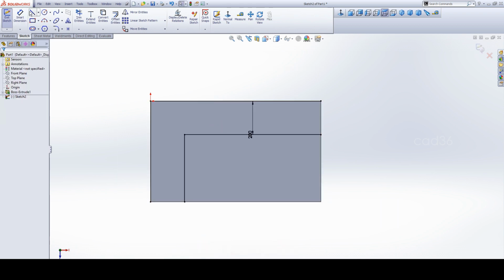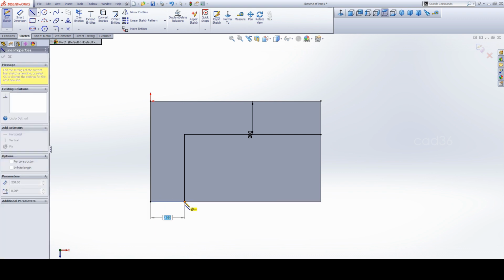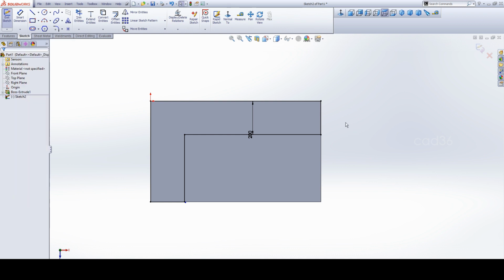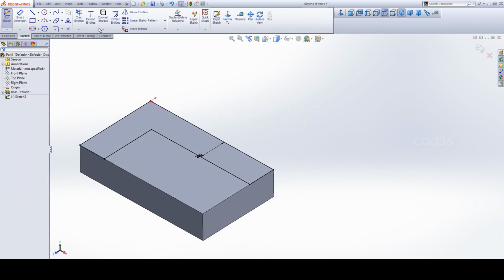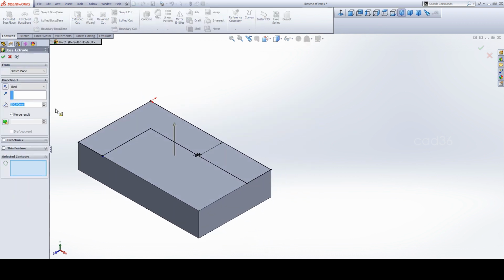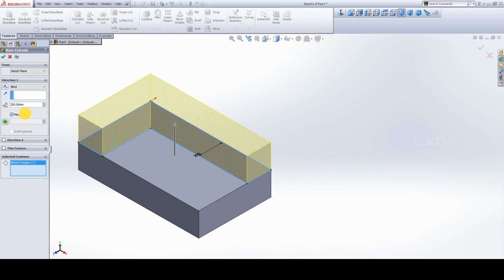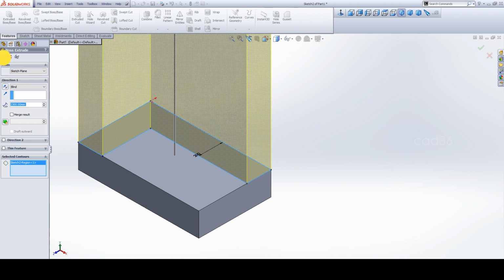So close these lines so we can extend this portion. So go to extrude boss. We'll extrude this portion. We'll make our ladder wall height to be 2300 mm, 2300. So this is the